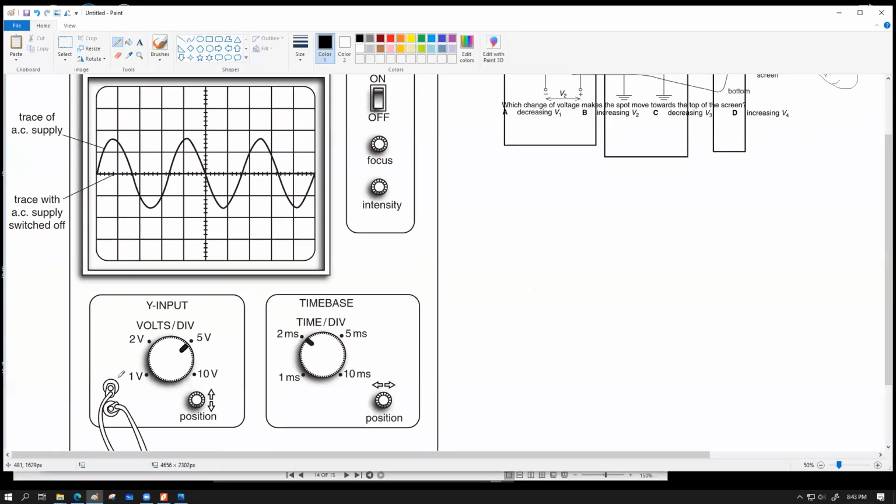Y gain is marked. If you think about the scale for each of the axes, the vertical axis has a scale of volts per centimeter, and the horizontal axis has a scale of typically milliseconds per centimeter, or sometimes it can be 0.1 second as well. It can vary, but the typical measurement is